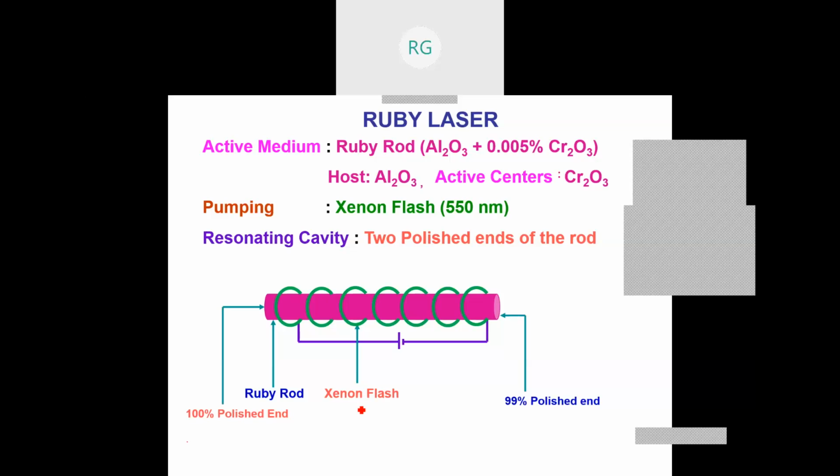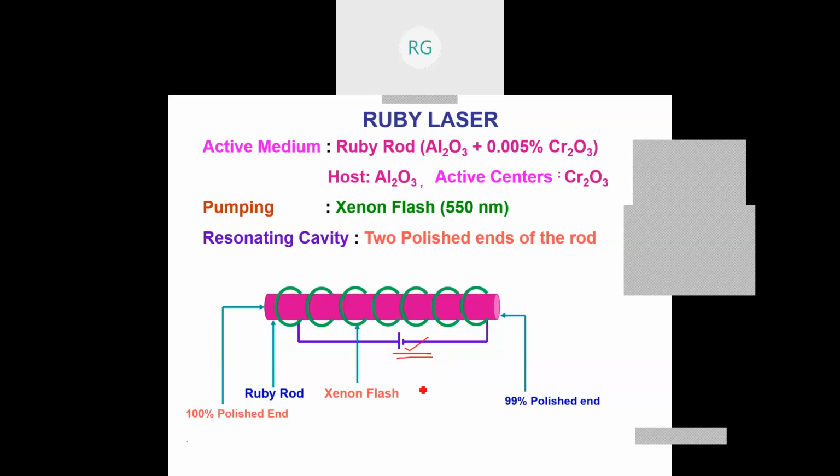The helical xenon flash is simply a flash lamp or a discharge lamp where a glass tube in helical form is filled with xenon gas. When the xenon gas is applied with a high voltage, the gas gets discharged. Once it gets discharged, it takes some time to get discharged again. That means between two flashes of xenon, you should give some time so that the xenon lamp will be ready to give the next excitation.